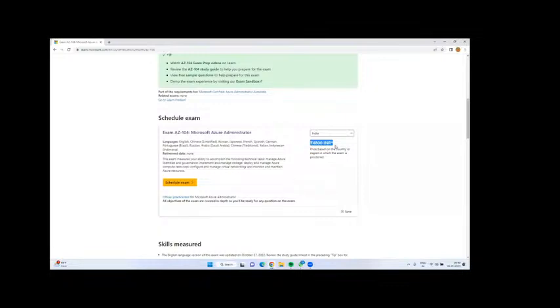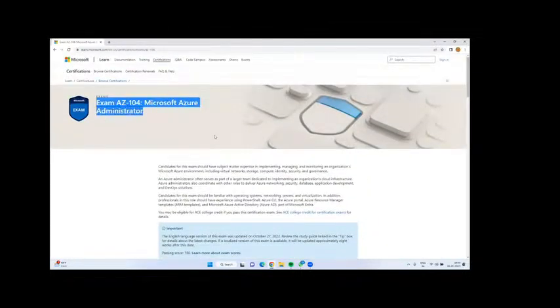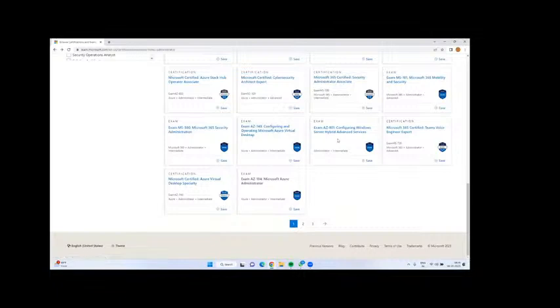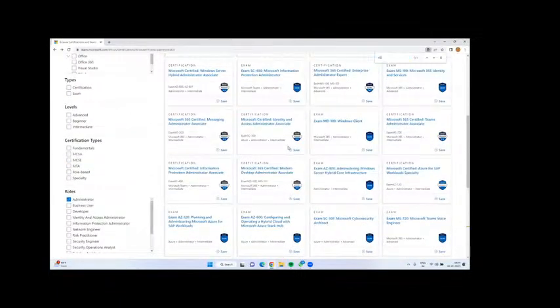You add 18% GST to 4,800 and you get around 5,900, around 6,000. Next, this is about Microsoft Azure administration. Go back. Again, I am looking for AZ-400. Just type 400. This is Microsoft Azure DevOps.